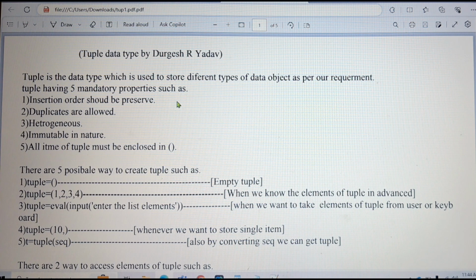And that difference is the most popular one, because in most interviews they are directly going to ask what is the difference between the list and tuple. It is the most famous question in Python. So we will see in this particular video